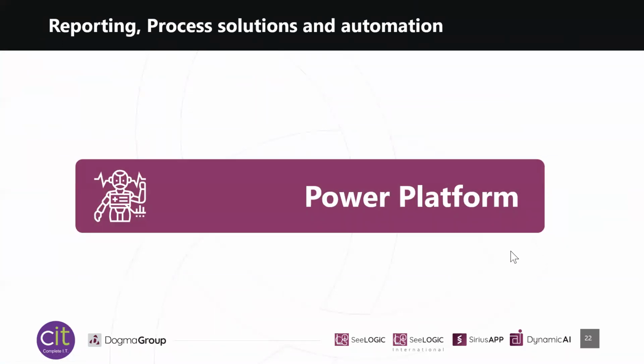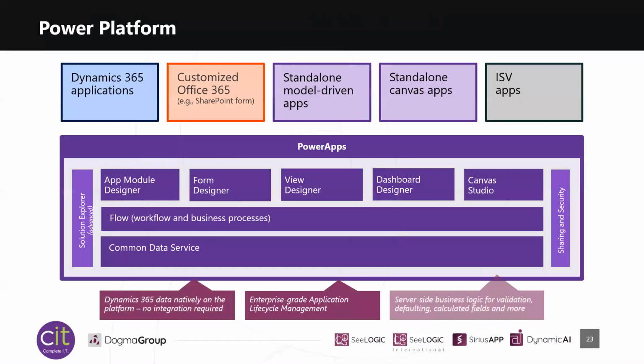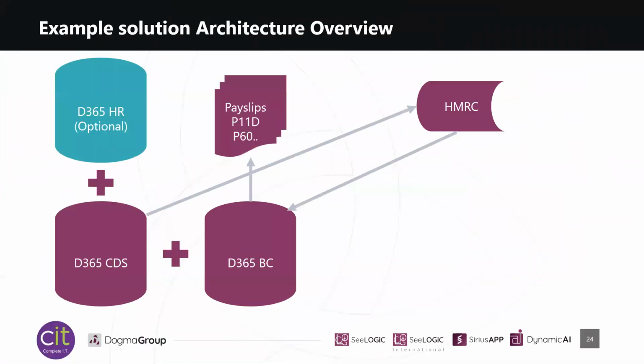So using the Power Platform, so Power Platform is a combination of the reporting, some automation, and it's also a solution in terms of end client solution apps. We can actually take that process, so you can see the architecture of that typical solution we've talked about. So potentially a HR solution, potentially the BC solution, working with the common data store, which is essentially the backbone of the